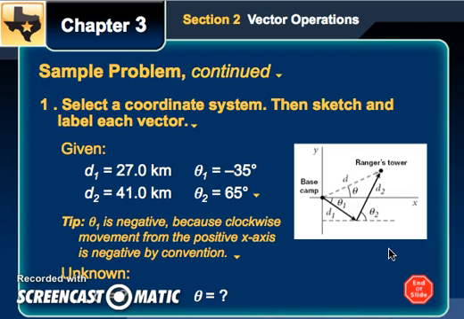So that's why it's a negative 35 degrees. If we wanted to do the whole global angle issue, we could come all the way around to have a positive angle. But I don't think we want to mess with that right now. Okay, so our